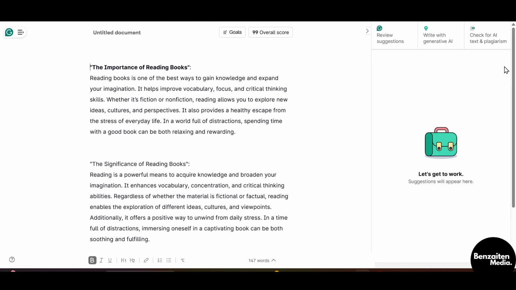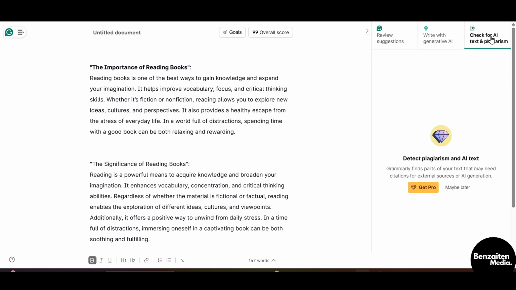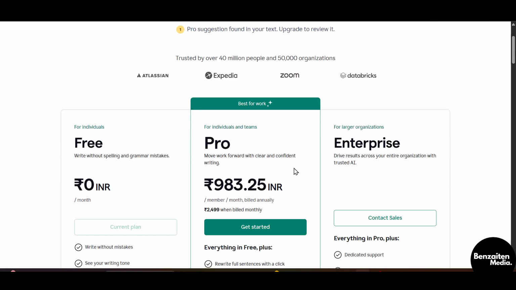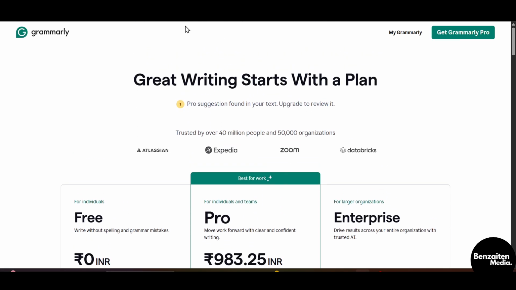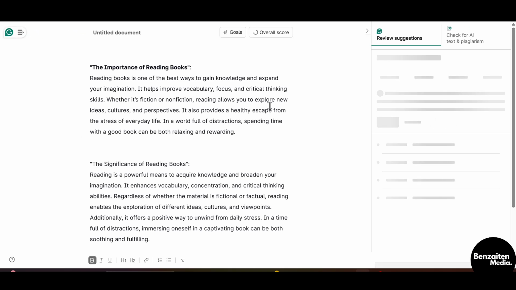So when I click on check for AI text and plagiarism, remember guys, Grammarly only checks the normal AI plagiarism, but if you want a detailed plagiarism report, you need to get the pro version of Grammarly. Now here is the pro version. You can just purchase it if you want, but if you don't want a premium version and you want to